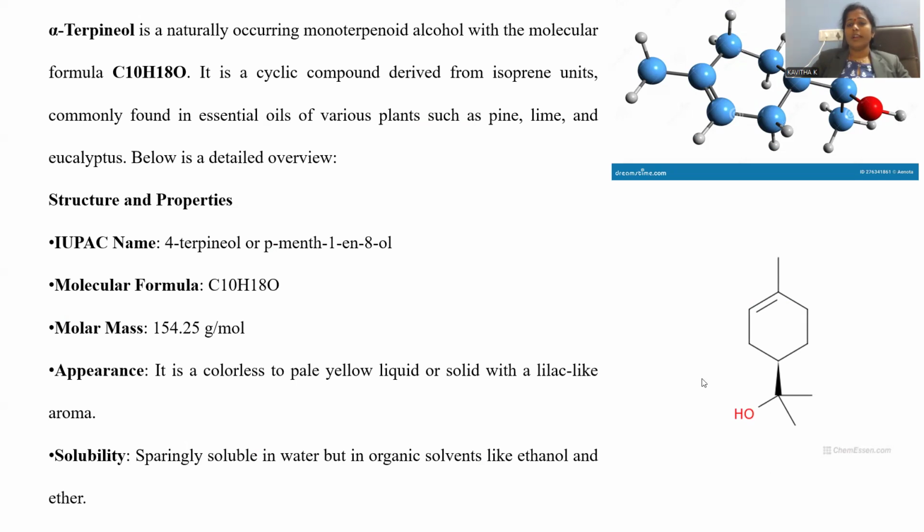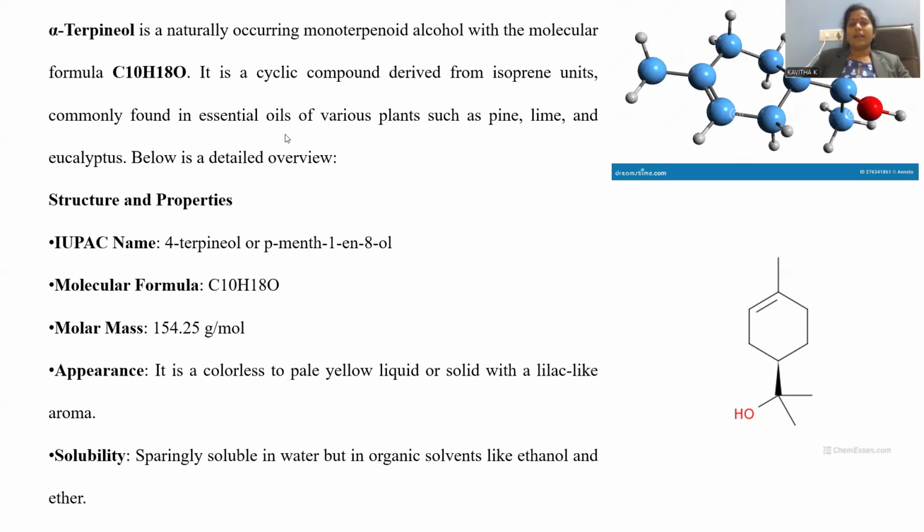And here is the alcohol. The hydroxy group is present with the molecular formula C10H18O. It is a kind of hydrocarbon where you can find a hydroxy, so one oxygen is also possessed by the compound. It is a cyclic compound derived from isoprene units. So isoprene is the fundamental unit for all terpenoids. Isoprene is the essential core component from which all kinds of terpenoids are manufactured. Two isoprene units, if combined, give the possibility of a monoterpenoid, and being cyclic, we can find an endocyclic double bond there, right?